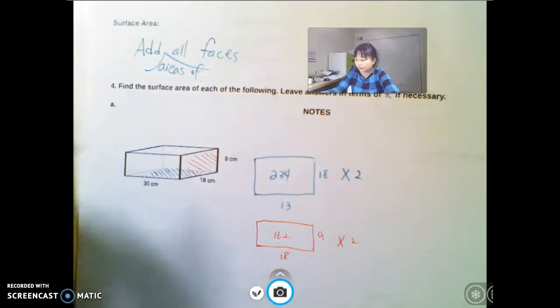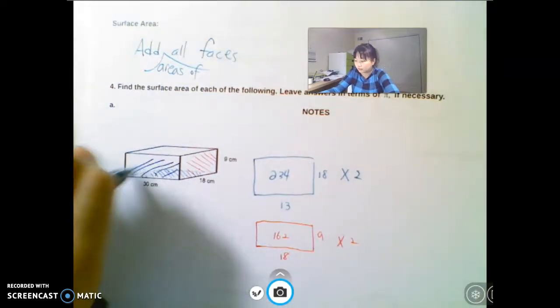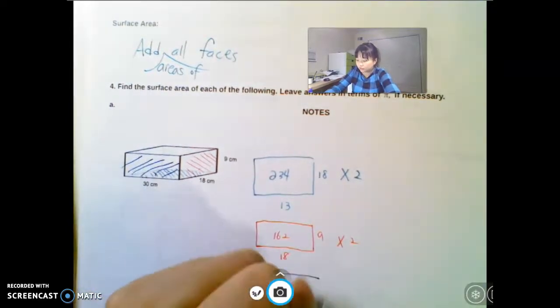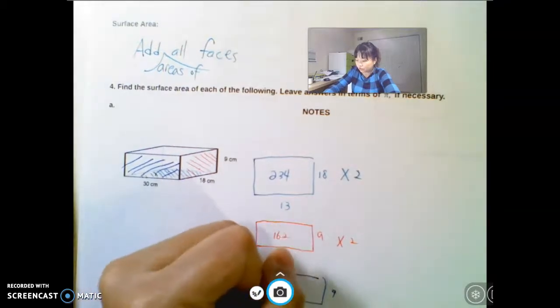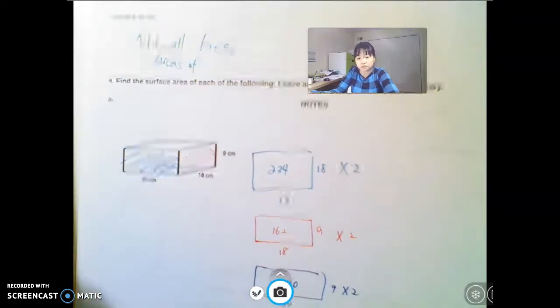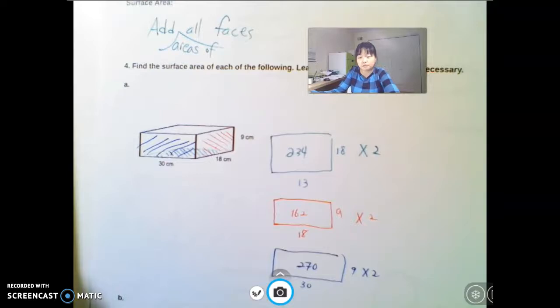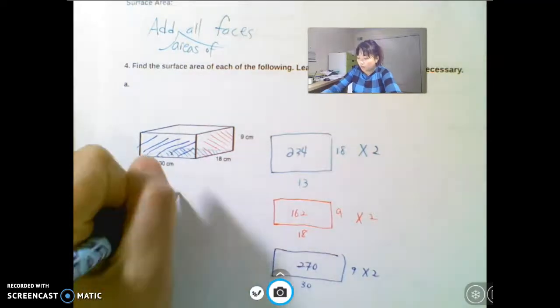And then you have the front. So front is going to be 30 by 9, that's 270. You have 2 of these, right? So surface area of this rectangular prism, because it has 6 sides, it'll be 234 times 2 plus 162 times 2, because there are 2 of them, plus 270 times 2. So that is total of